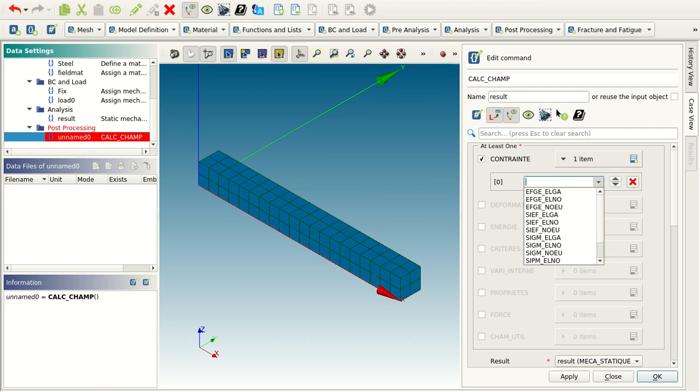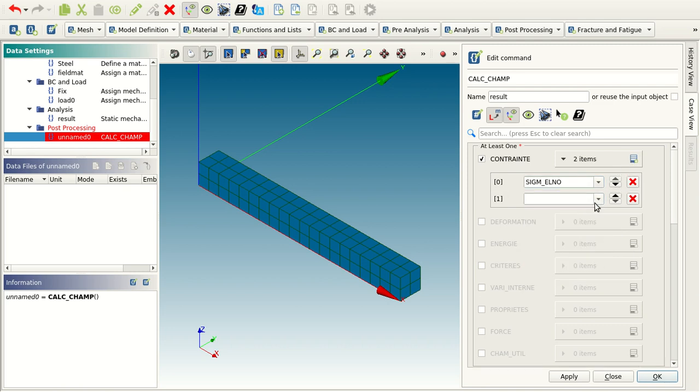Need to calculate sigma, directional stress, in element as well as node. Directional stress, then criteria, von Mises stress we need to calculate,